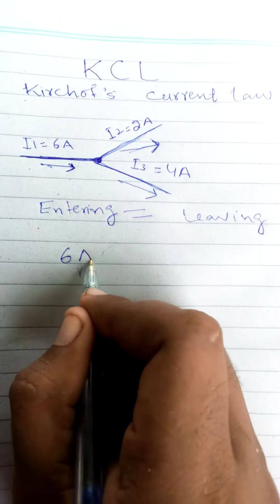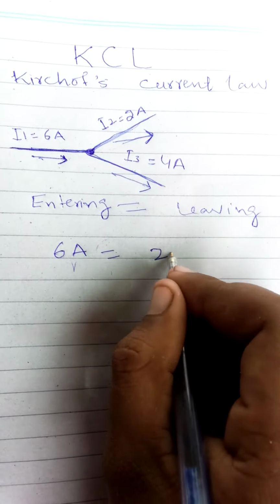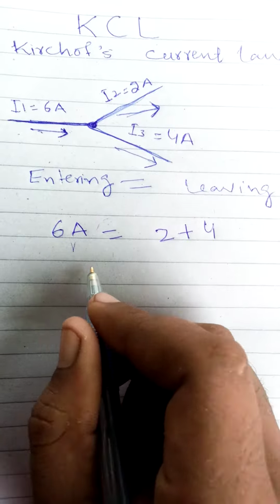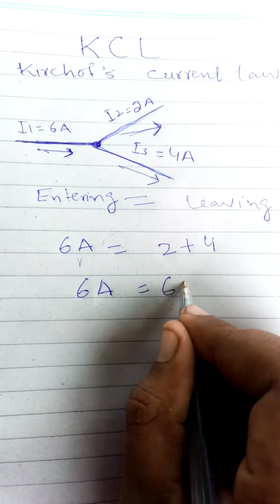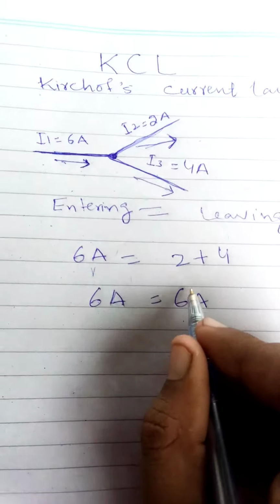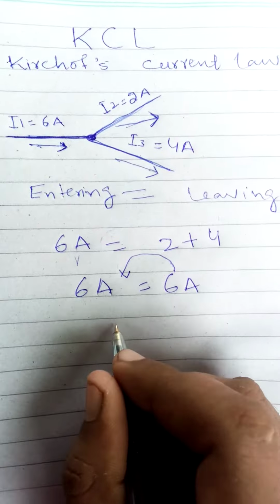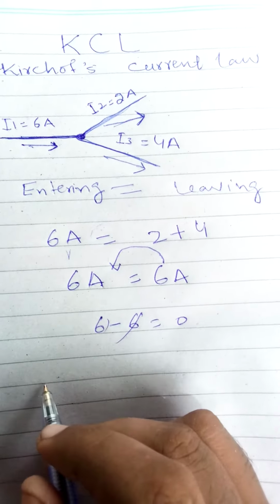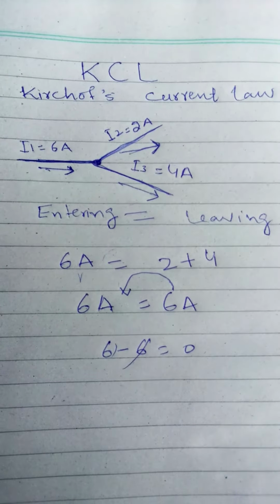So 6 ampere equal to 4 plus 2, so 6 ampere equals 6 ampere. If we carry everything to one side, then 6 minus 6 equals 0. So this example